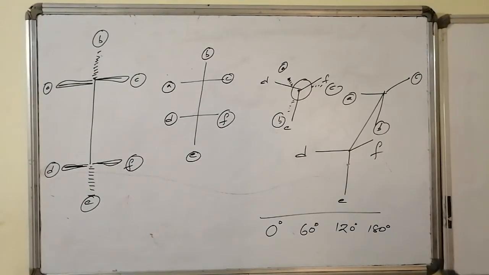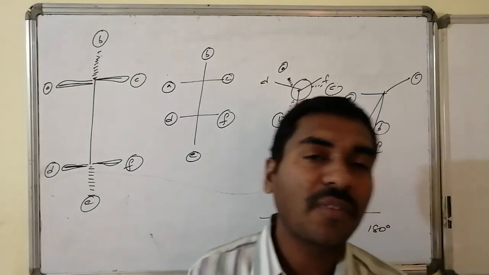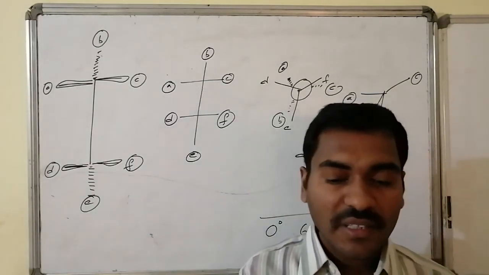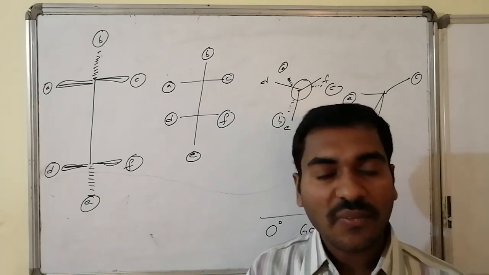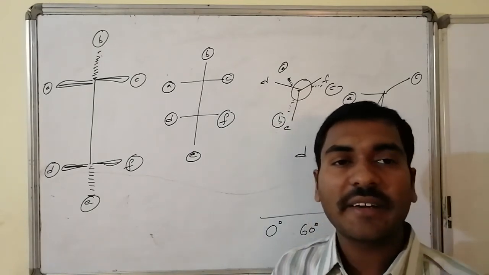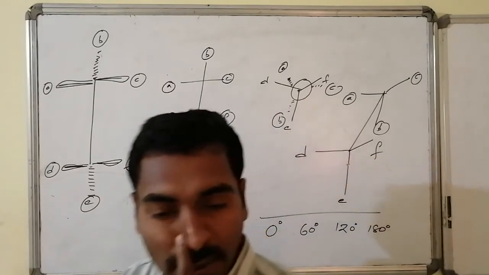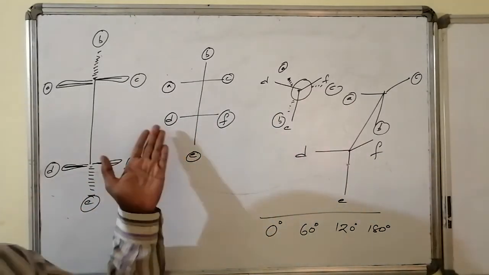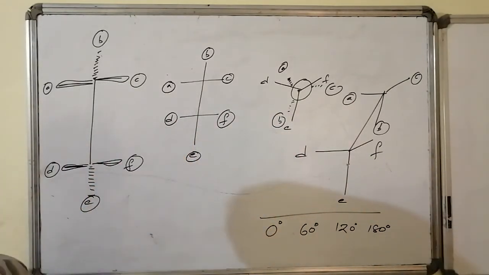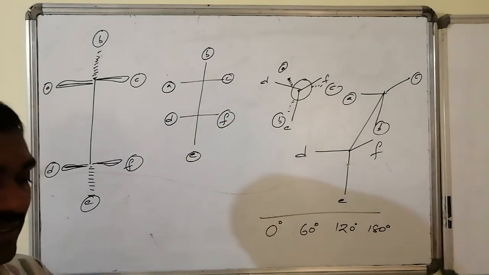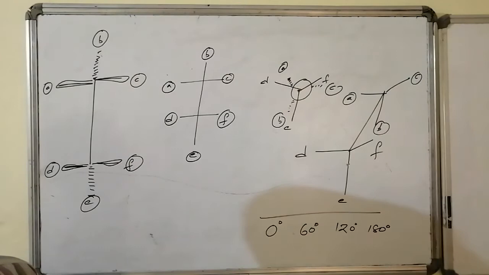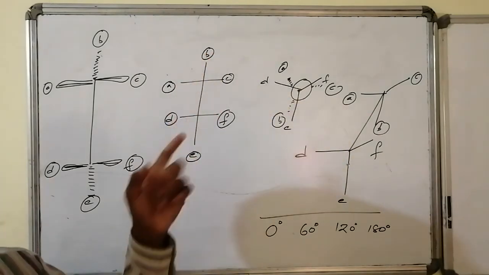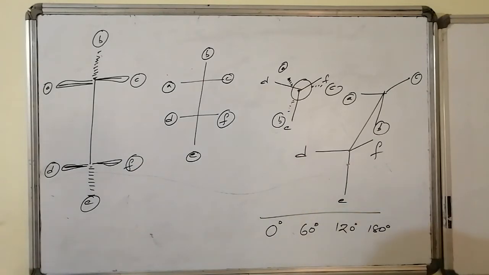Next one is the benefit of the Fischer presentation. Fischer is a modified version of the wedge presentation. Whatever the relations are there, all those relations are tentatively validated in the case of Fischer also. In Fischer, whatever the left valencies are, they are eclipsed with one another, and whatever the right valencies are, those are also eclipsed in place. The angle of separation between them in the plane is 0, that is, the dihedral angle is 0. The valencies present at the top and bottom also behave the same.